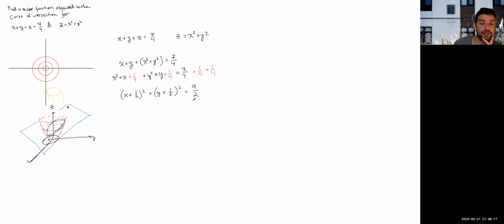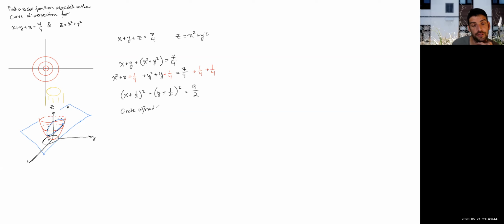So in other words, I'm ignoring the z component. I'm just seeing now that these points, because z is related to both x and y, give me a way to connect all of them by just using x and y. The relationship between every point on this intersection is that it's above a point on this circle in the xy plane given by this equation. And this equation is a circle